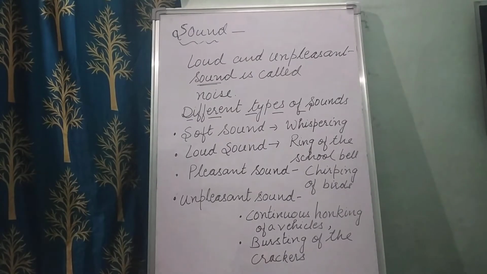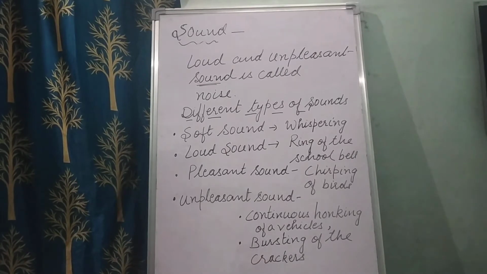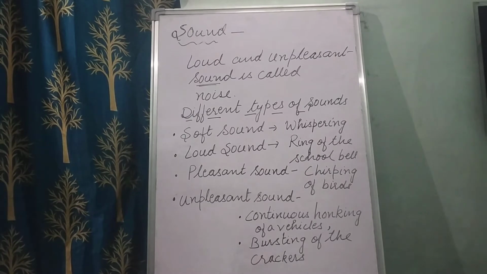Okay children, now we are going to learn about understanding sound. When we talk, we are making a sound. Our tongue helps us to make a sound. Who helps us to make a sound? Our tongue helps us to make a sound. Children, we hear sounds of all kinds with the help of our ears. We hear different types of sounds with the ears.